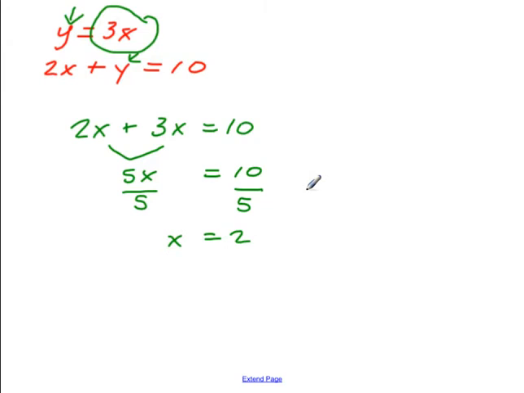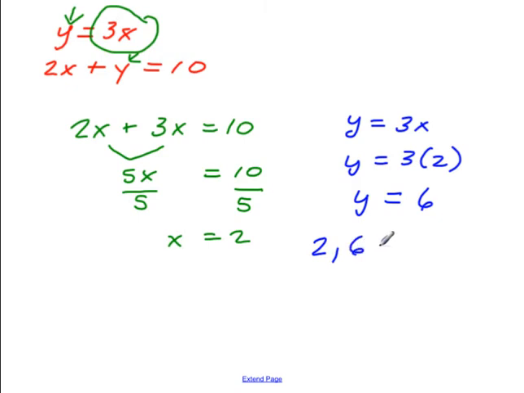So that's the first part. Now I'm going to take that information, my x equals 2, and substitute back into where I started. So y equals 3x is now going to become y equals 3 times 2. y equals 3 times 2 equals 6. So my coordinates are going to be 2, 6, and there's my ordered pair that makes the statement true,